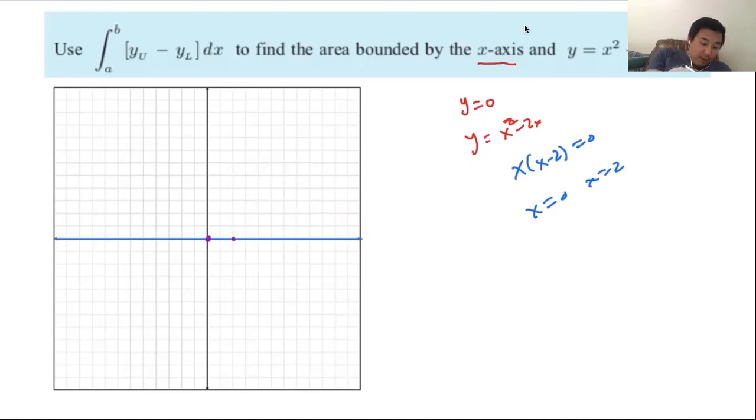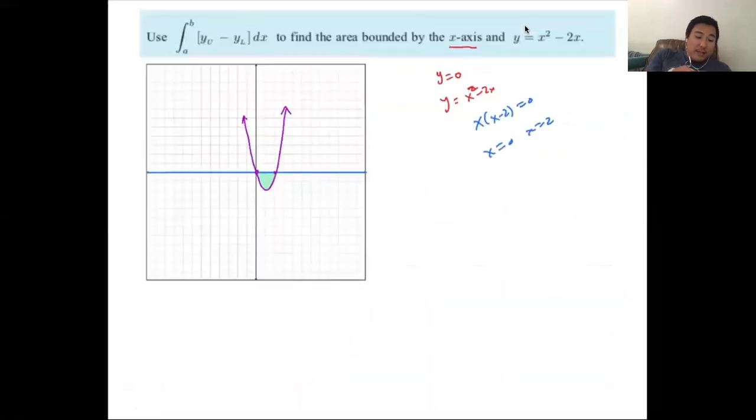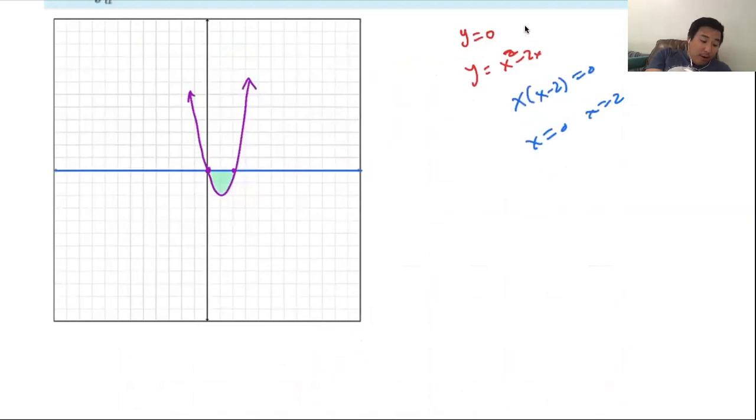And it looks like it opens up. So it goes something like this. I have no idea how far down it goes. I just guessed. And we want to find this region here. So because it's below the x-axis, it should be negative. Our a value is equal to 0, and our b value is equal to 2. So we want the integral from 0 to 2 of